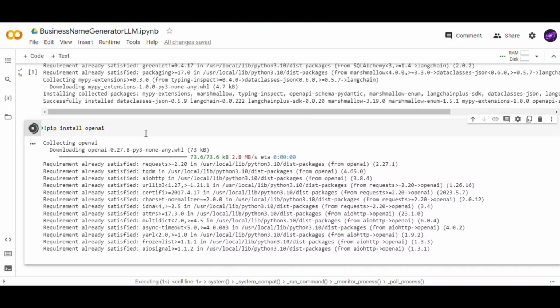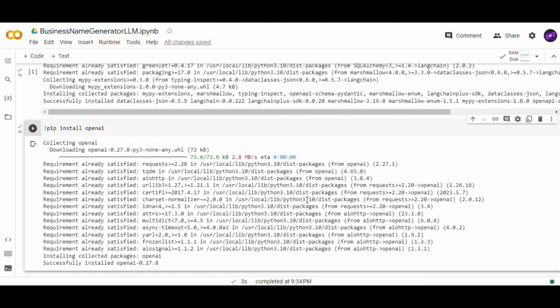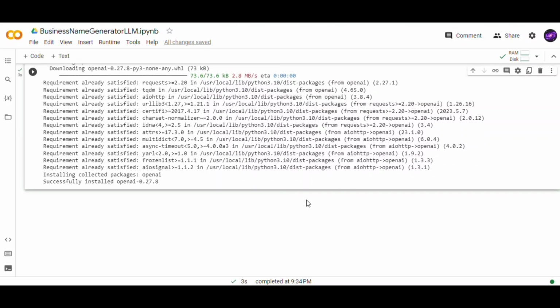Okay, OpenAI. Yeah, so it is already downloaded for me. That's why it got installed so soon. Now next would be